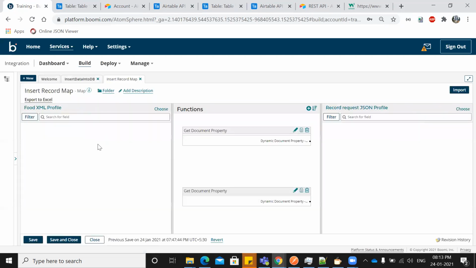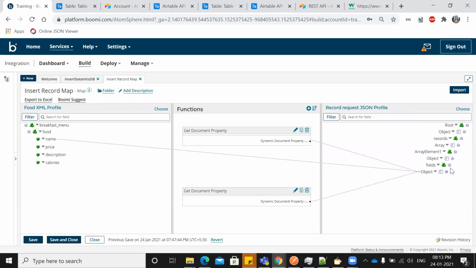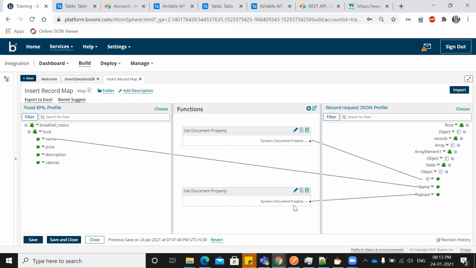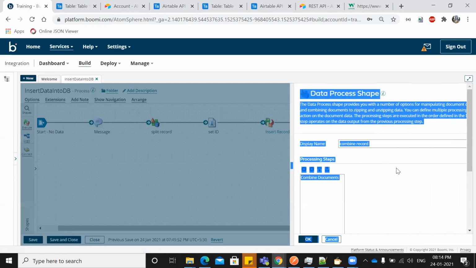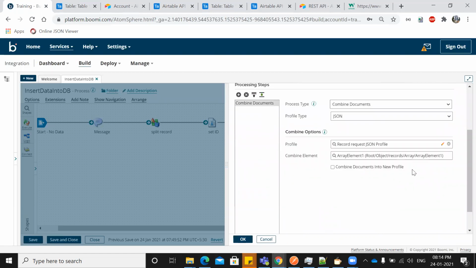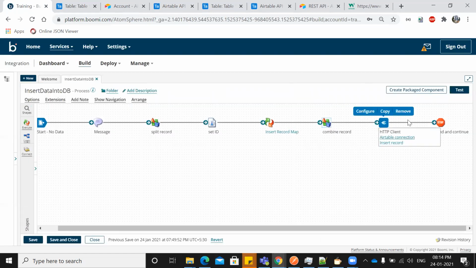And then I used this mapping over here. Basically I've assigned the document property of ID, then payload will be here, and name I just mapped from the left side, so that I combined the list of array elements. You can see this field is the root element here, which means multiple of this field of type array. Multiple fields constitute one array, and multiple arrays will be supported in one call. So they combine the repeat element here as an array, so that multiple records will be combined and the data sent in one shot.